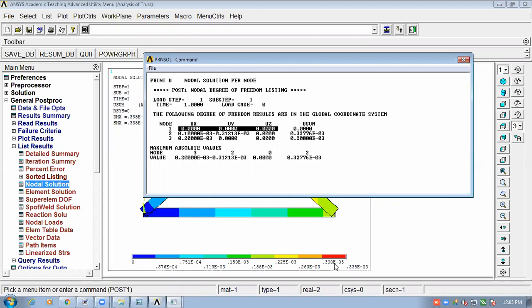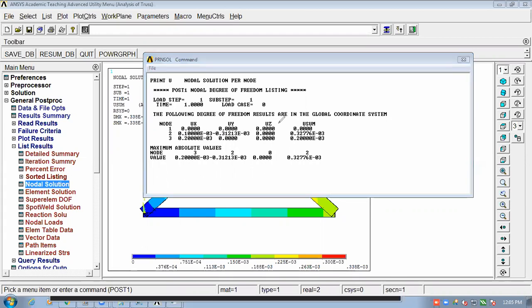Let me tell you. So see this one. Can you see this value? All of you, just see this. This input has been given by us only. This is not the answer given by ANSYS. This we entered. Similarly, node number 3 cannot move in Y direction. Can you see this? This also has been given by us only. Node 3 cannot move in Y direction because it's a roller. So what we are getting from ANSYS here is, can you see this?